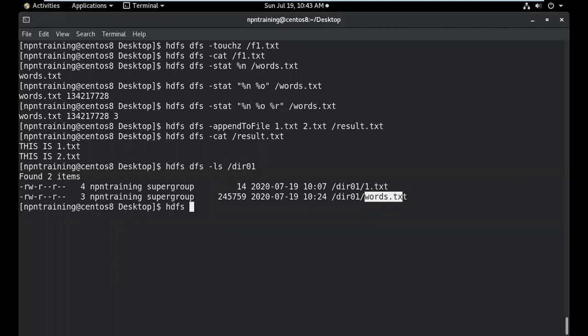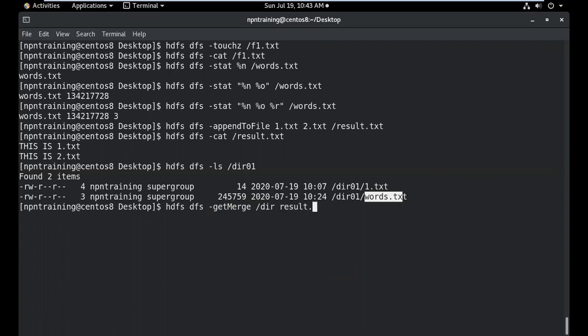In that kind of scenario, we can use this merge command, hdfs dfs -getmerge. The content of dir01, which is there in HDFS, I am moving into a file in my local directory.